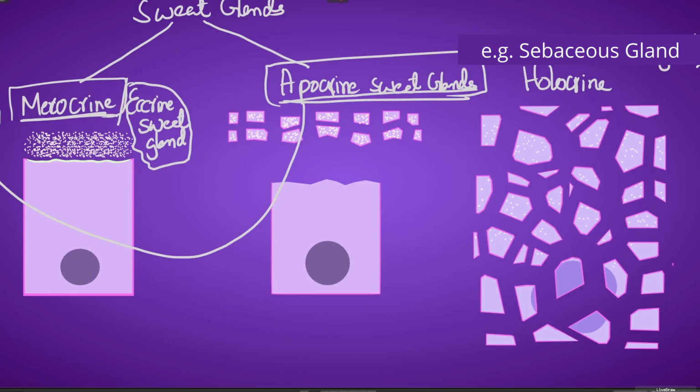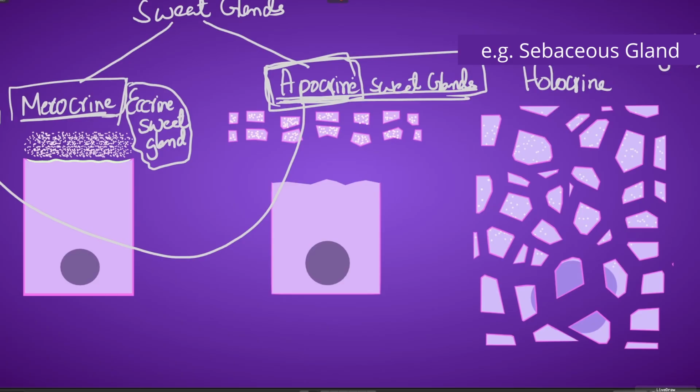Well, initially it was thought, in the initial research, even in some textbooks you will read, that apocrine sweat glands secrete the secretions via the apocrine mechanism. So in the early days these apocrine sweat glands were thought to be releasing their products by apocrine mechanism. But now we know that they do not release the secretory products by apocrine mechanism, rather they secrete via the merocrine mechanism. But as a historical misnomer, we still use the name apocrine.